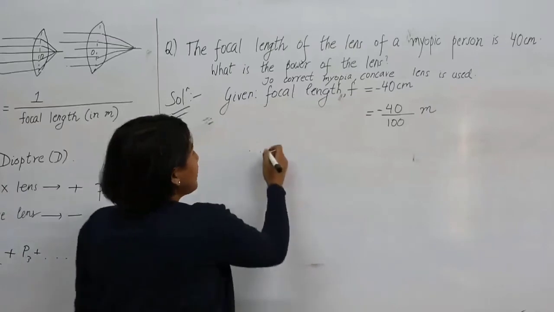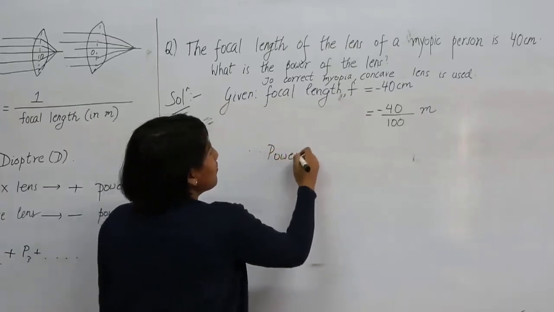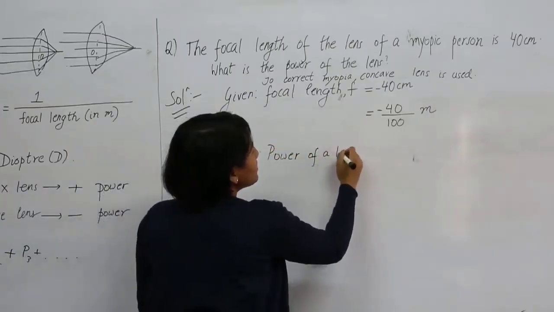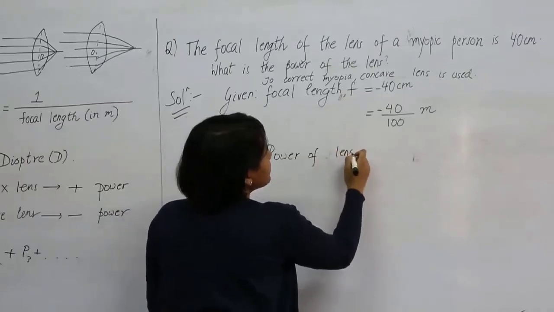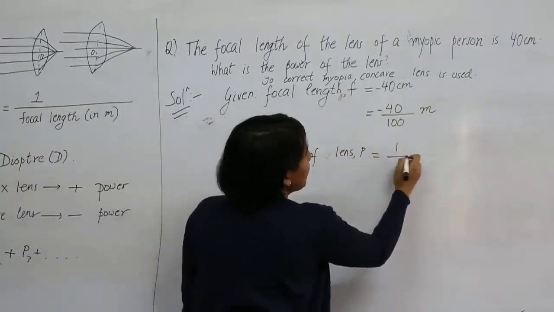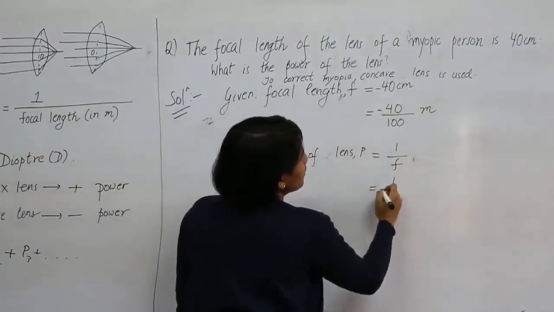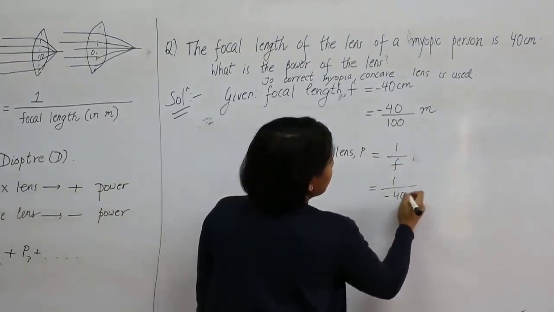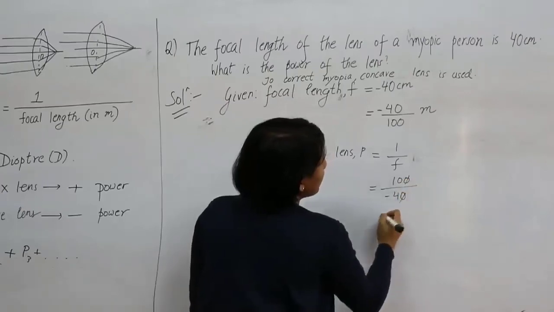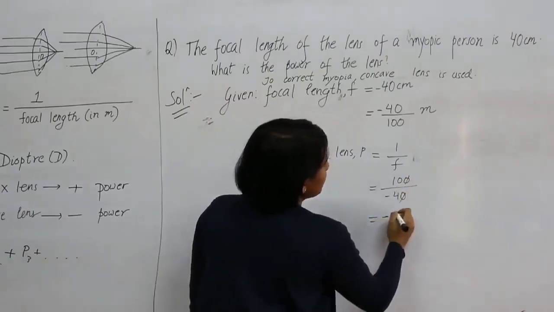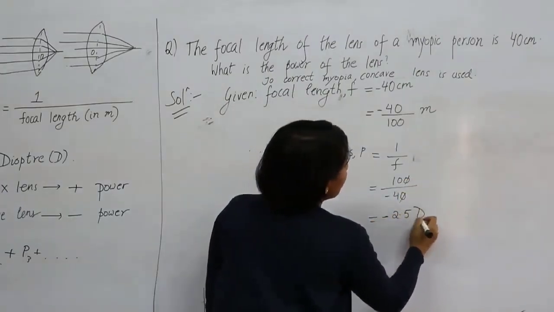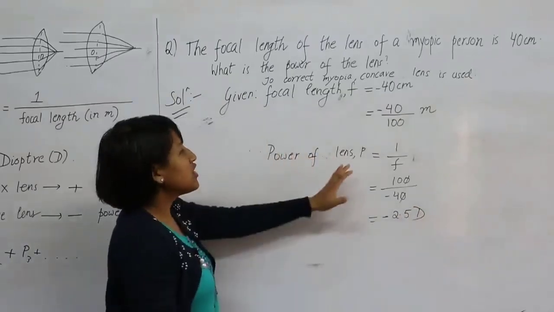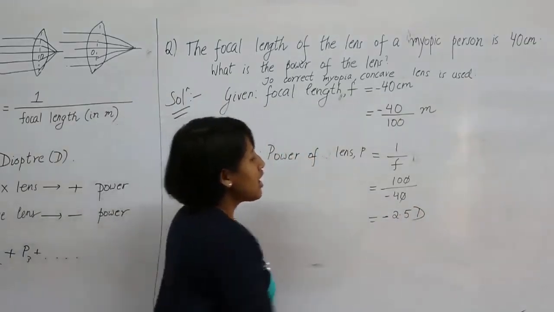Then the power of a lens, P, will be 1 by F. Then you substitute. This is minus 40 by 100, the 100 will go up, and this will eventually be minus 2.5 diopter. So this is the answer to the